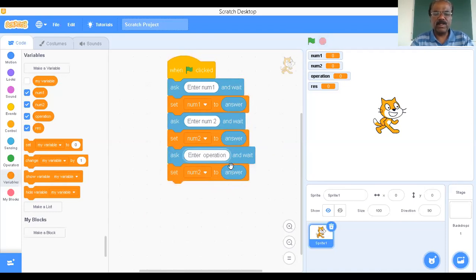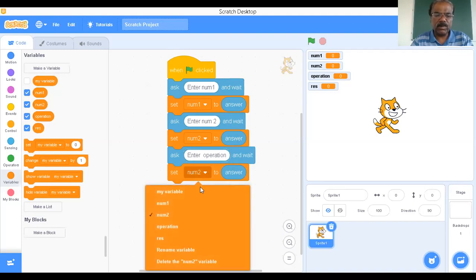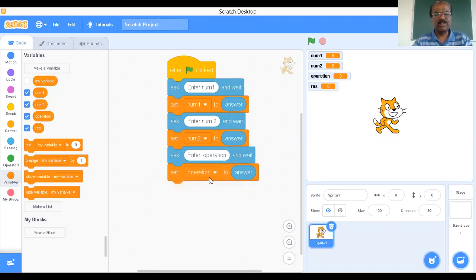If it is addition, plus, minus, star, or division operator, you have to enter the appropriate operation. We have to store that operation in the variable called operation. So num1 is in this variable, num2 goes to this variable, and the operation must be stored in operation.